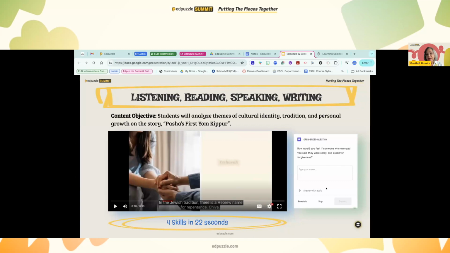And then they can type in their answers. So they have listening, speaking, reading, and writing in just 22 seconds of presentation, while they're learning the cultural traditions, identities, and the growth in Pasha's Yom Kippur.